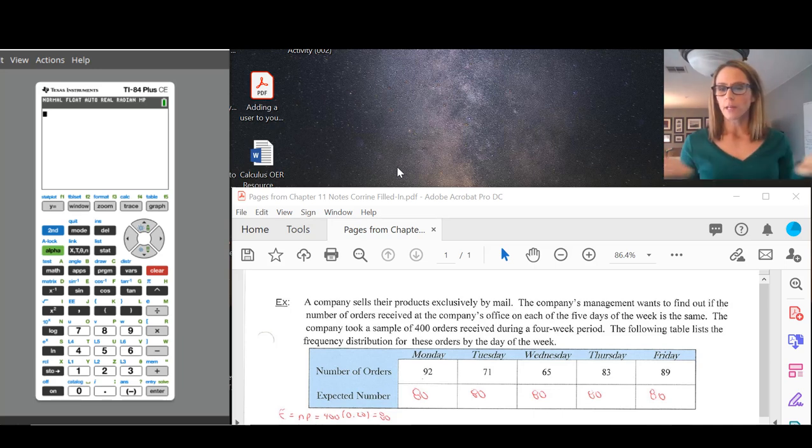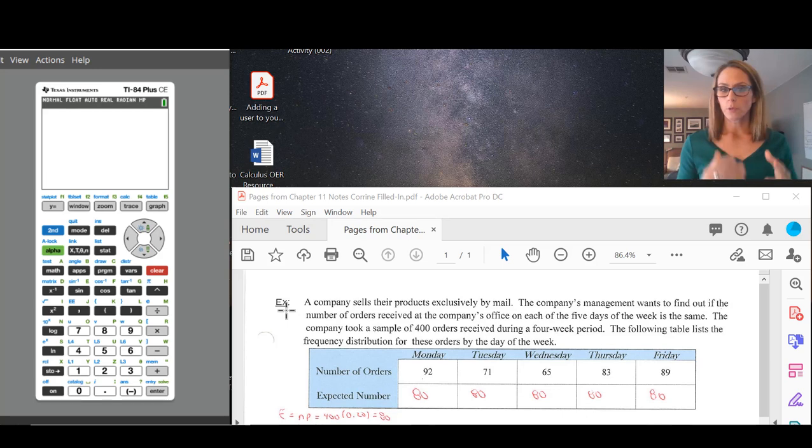So notice that there's the line on the number of orders, and then the next line is expected number. Notice that those values were not there, they're written in. But the idea would be to find what value goes there. We're going to add up all the orders for the week, and it does actually tell us that it's 400. We divide it by the number of days that they're having those orders, which is Monday through Friday. And so if we take 400 divided by 5 days of the week, we would get 80 orders per day. So if they were evenly distributed, there would be 80 orders a day.